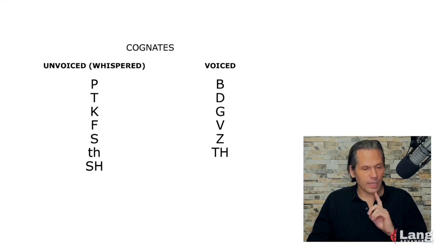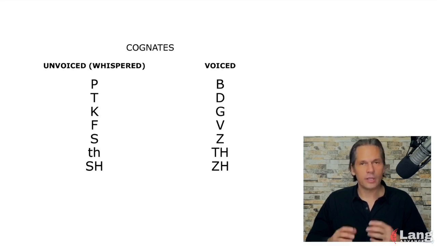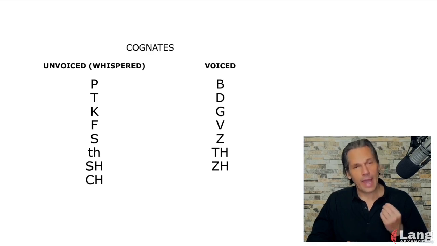sh. The tip of the tongue can be in the same position as for the S, either up behind the gum ridge or behind the lower front teeth. If I add my voice to that sound, everything else exactly the same, I get the sound zh. And finally, a blend of the second sound in our list, t, and the last sound in our list, sh. These sounds blend together to create the sound ch, usually written with the letters ch. If I add my voice to that exact same sound, I get the voiced sound j.